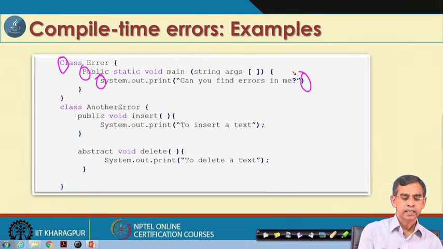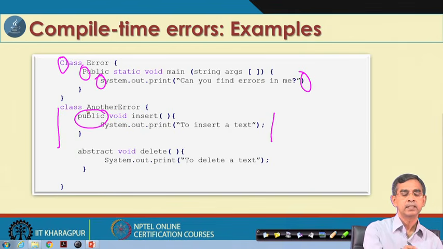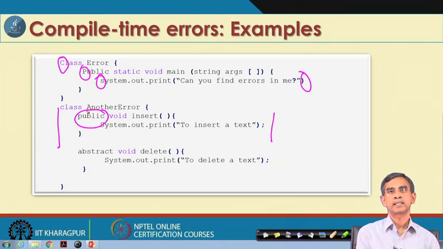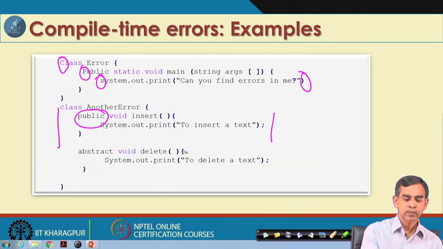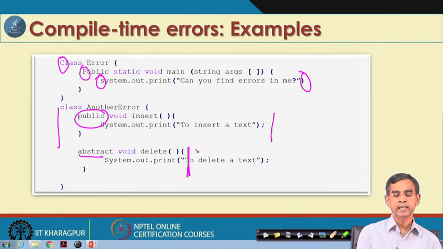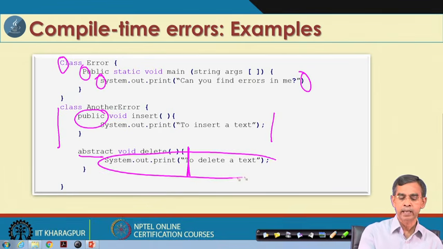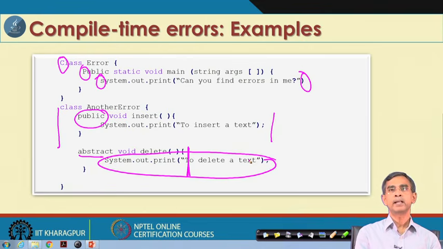On the other hand, if we see the other program, maybe we cannot find any errors here, this is correct in all senses. Maybe this is an error because in this class a public is not accessible. We can also find one more error here. Can you tell me why? Because you have declared a method as abstract, and whenever you declare an abstract method, no code should be included. So, there are a few errors, and these are called compile time errors.